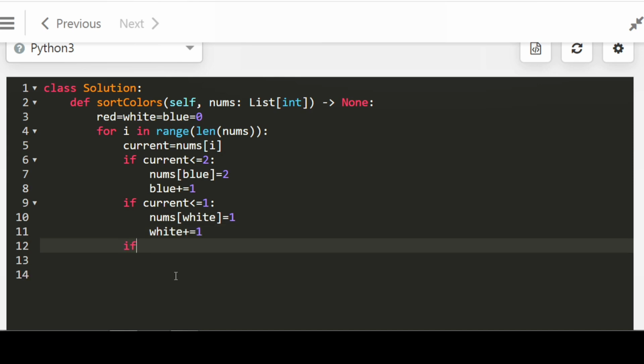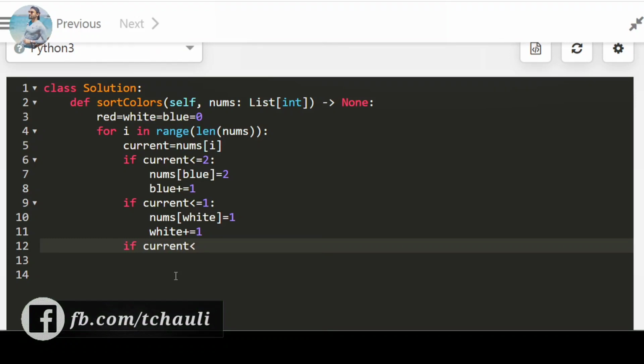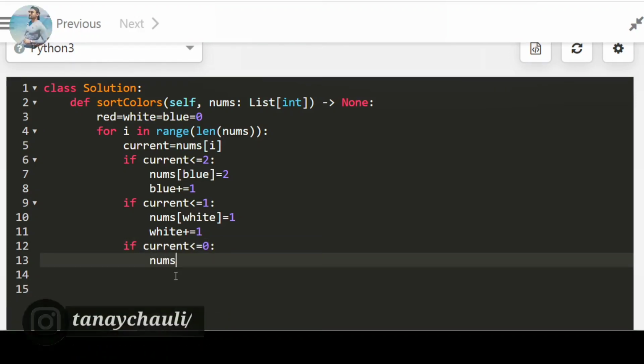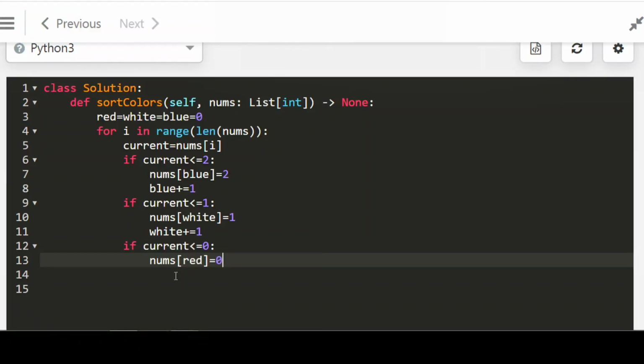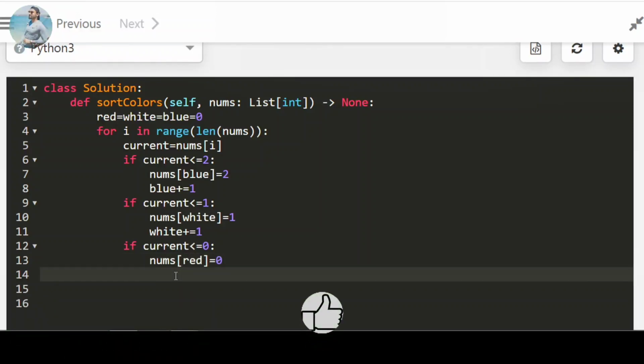And at the last we will check if current is less than or equal to 0, then we will update the value in red's index, nums red equals to 0, and increment the red pointer.